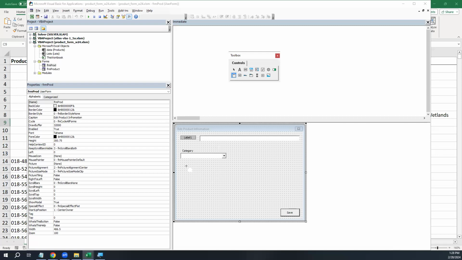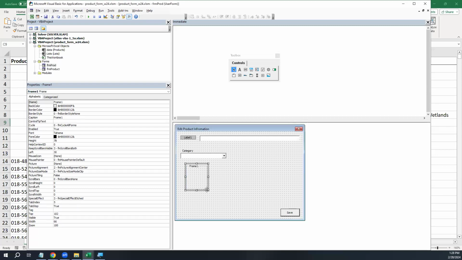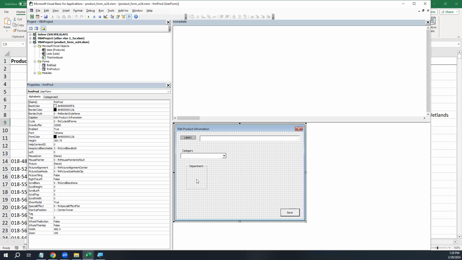Select the frame and then click and drag to draw it. Now, I'm not going to worry about changing the name of this because I'm not going to refer to this name through code, but I am going to change the caption. This is the department, right? So I'm going to change the caption of this to be department. And then inside that frame,